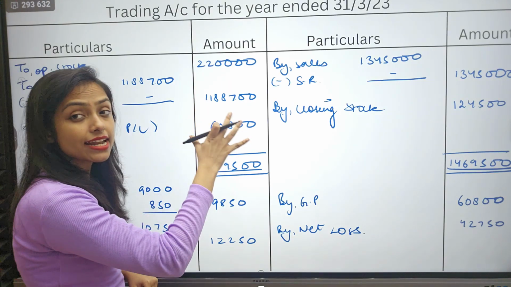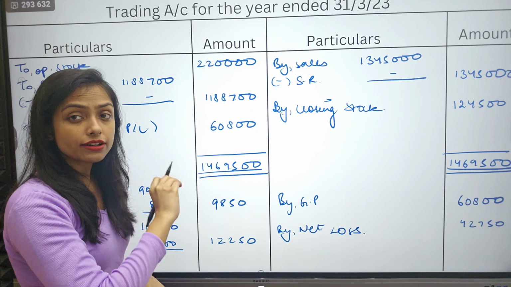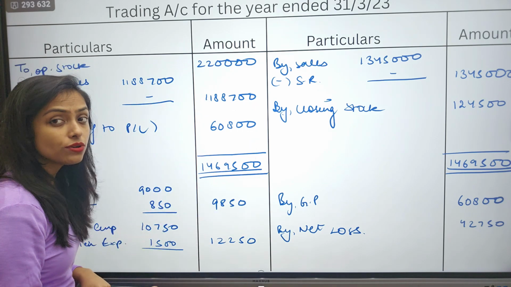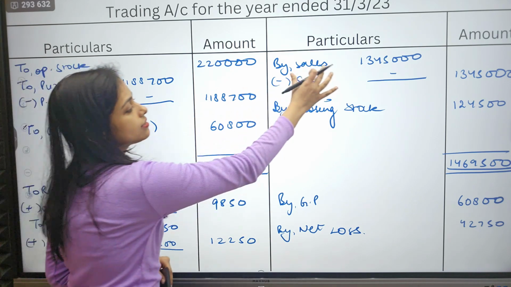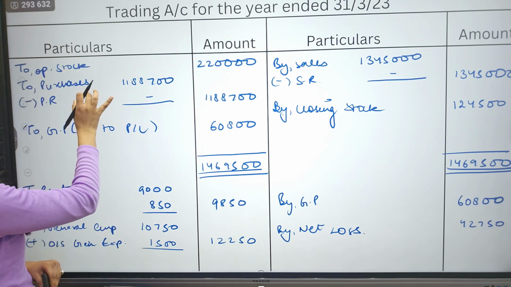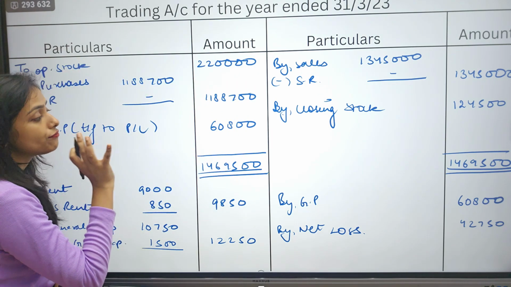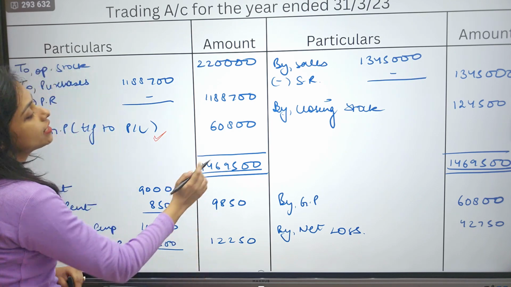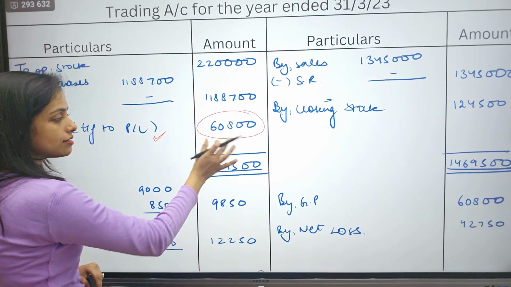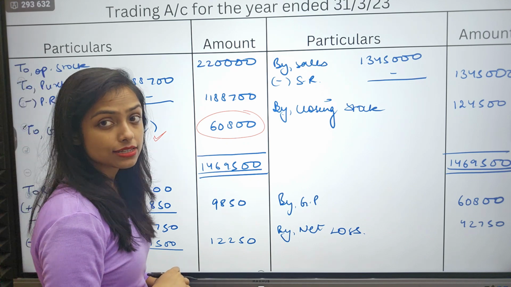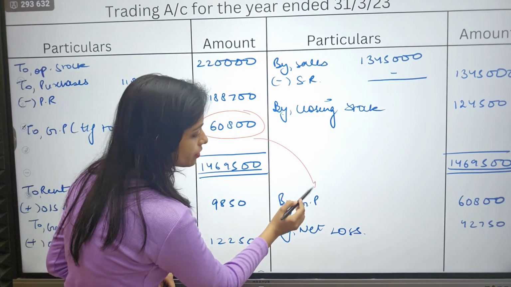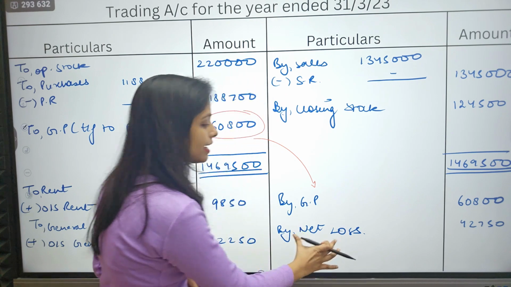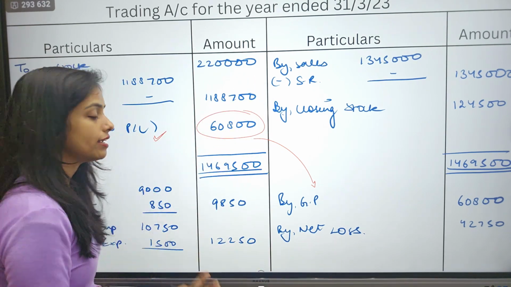Okay, everything that I have told you just now, all the treatments, I have already done this for you in this question. So I had written sales, closing stock, opening stock, purchases, and finally I am going to find out gross profit. This is what we do, right? So I found out gross profit. It was 60,800 rupees. It was my balancing figure. I brought it down over here. 60,800,